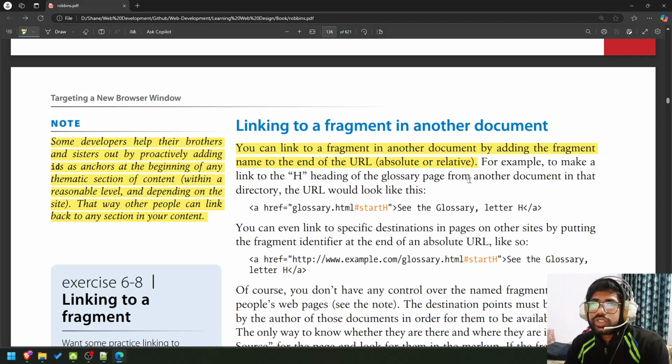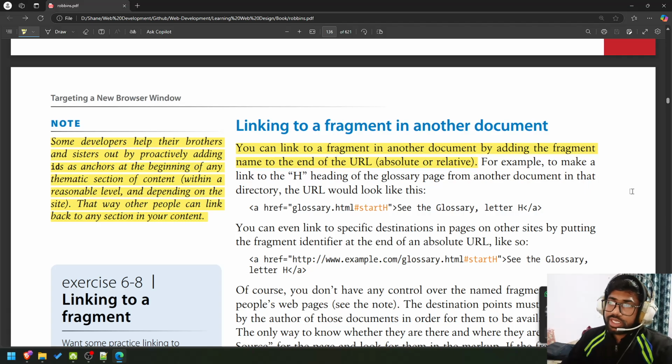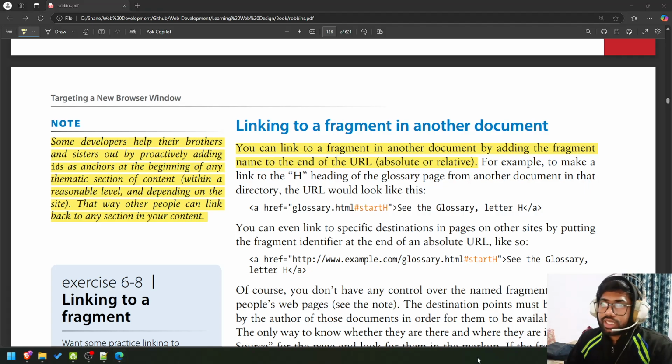For example, to make a link to the H heading of the glossary page from another document in that directory, the URL would look like this. Glossary.html is the glossary, letter H. So you can even link to a specific destination in pages on other sites by putting the fragment identifier